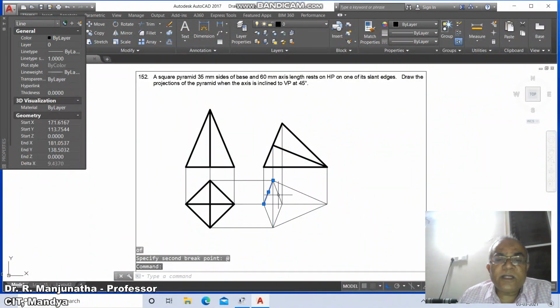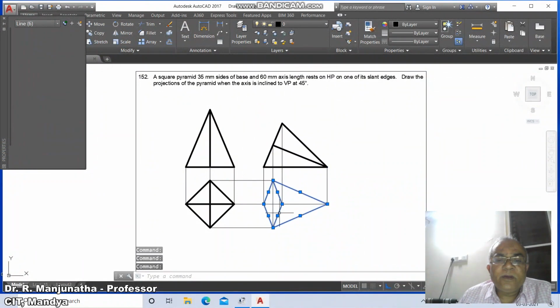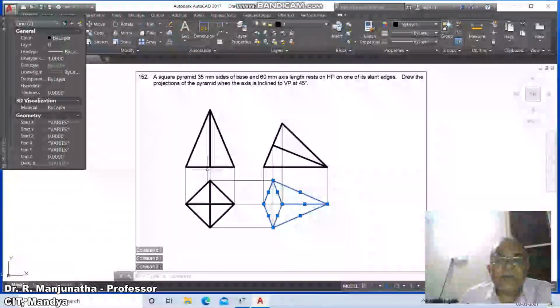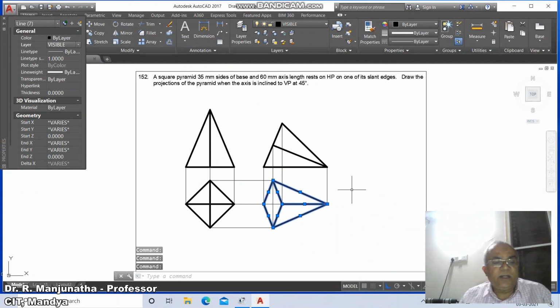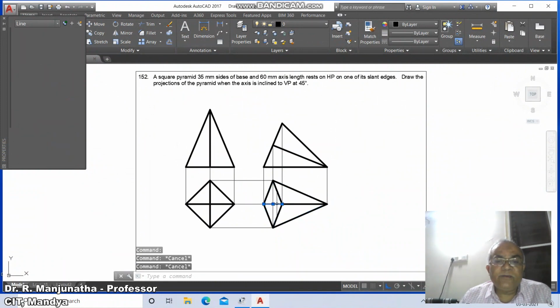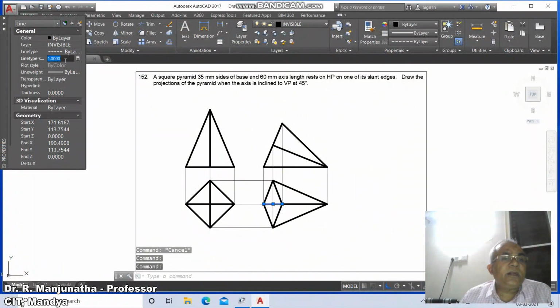Now we are going to select the visible and invisible edges. All the exterior edges, the boundaries of the solids, are visible, and the surface which is near to the observer from the top is visible here. Once these two edges are visible, naturally this edge also becomes visible. So this becomes visible, and the edge that becomes invisible is only from here to here. You go to make this invisible, and you give the distance as 5.